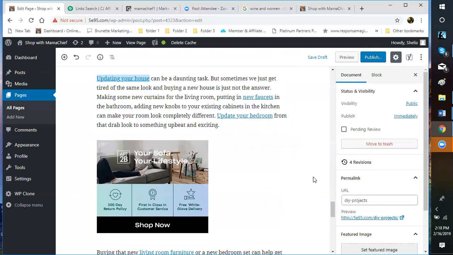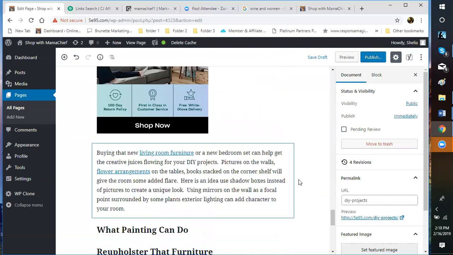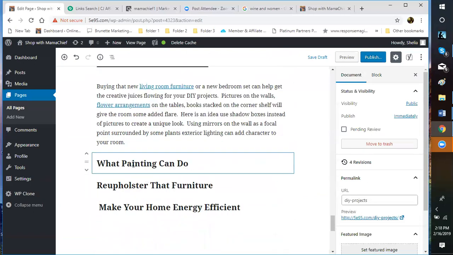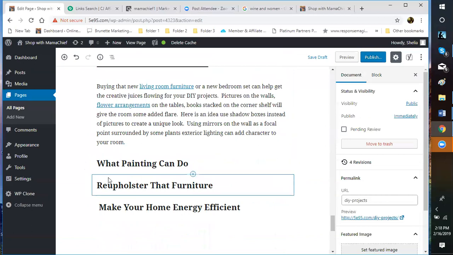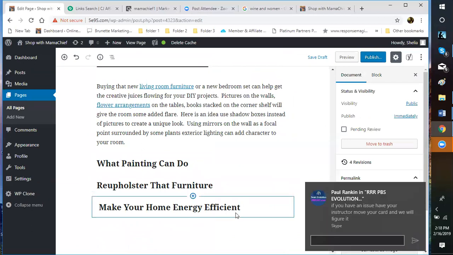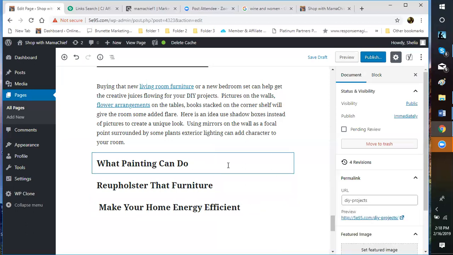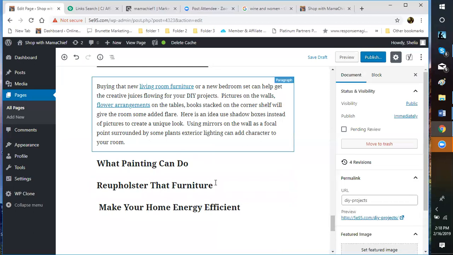So stuff around my house I can do, so I can talk about that. Me and my daughter painted my bathroom, recaulked, upholstered. I've upholstered my kitchen chairs. Making your house more energy efficient is as simple as changing your windows out. So write about what you know, and then come back and say,